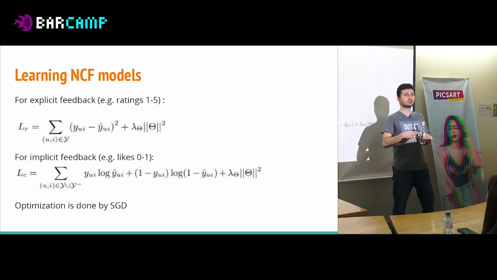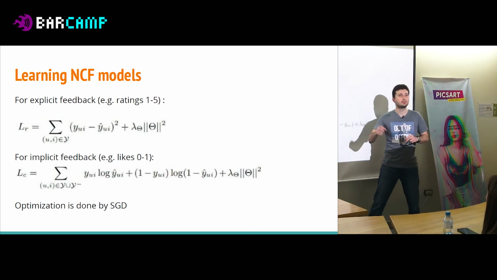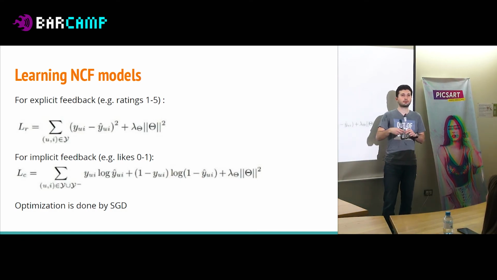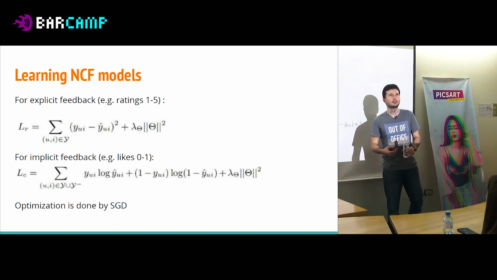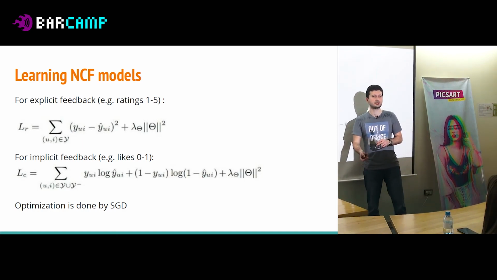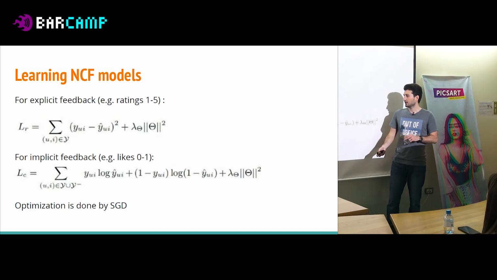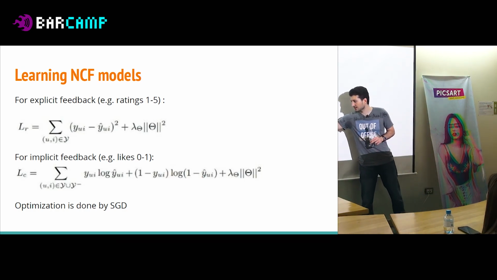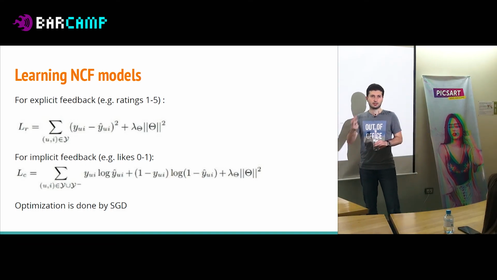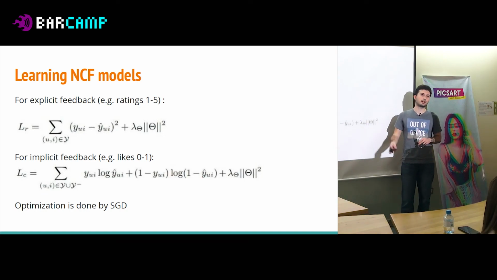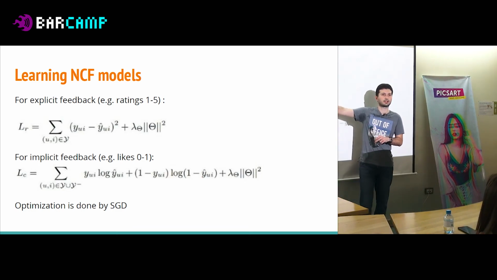If we have only interactions that are positive interactions, imagine like you have likes in PicsArt, but you don't have dislike. Or you have a buy, purchase activity in Amazon, but you can't express, I don't know actually, maybe you can express, but probably you can't express the negative attitude towards some item. But in this case, you can use log loss, but only in cases obviously where you convert the problem to binary. So if you have, for example, number of clicks, you still need to get back to this one.